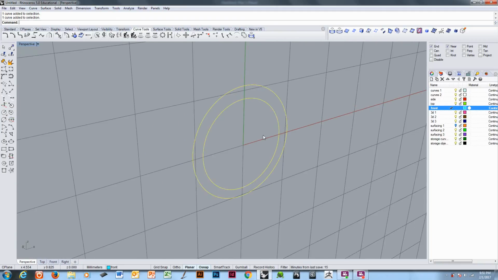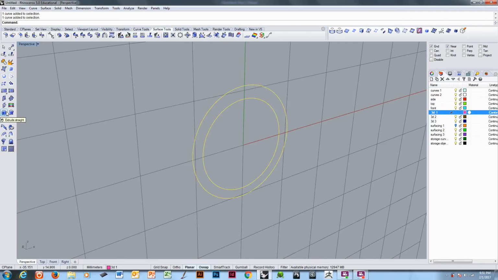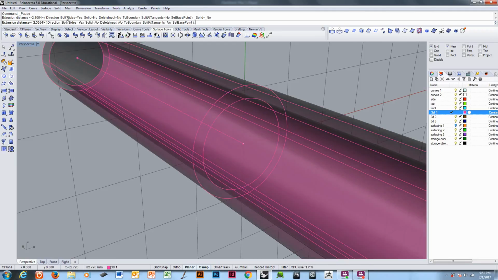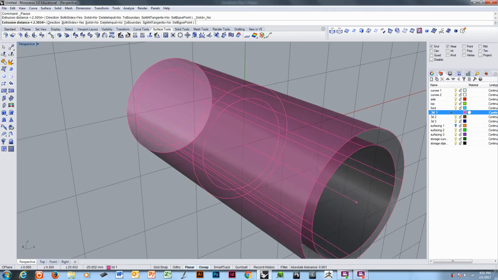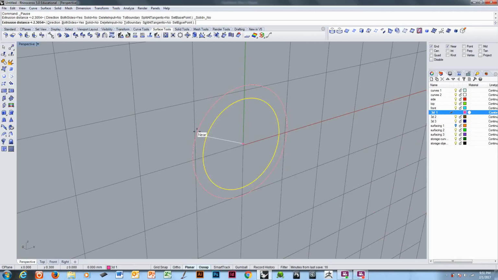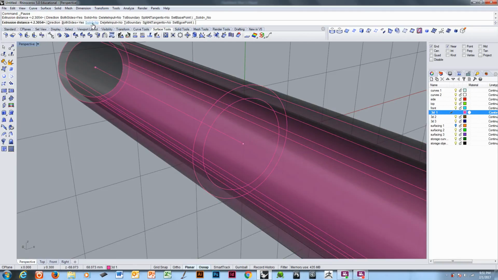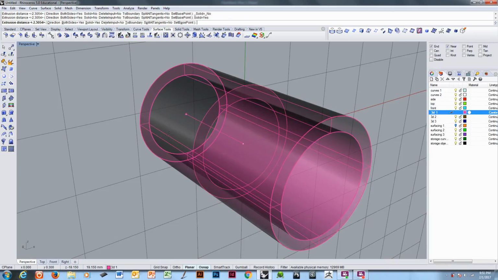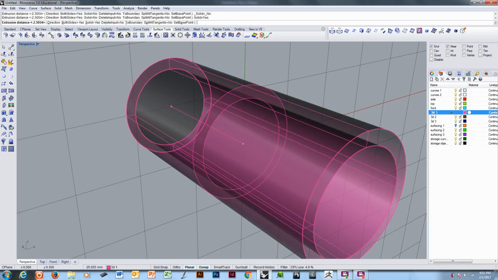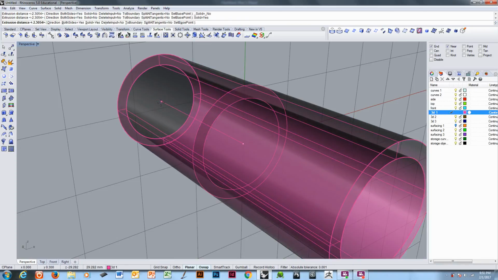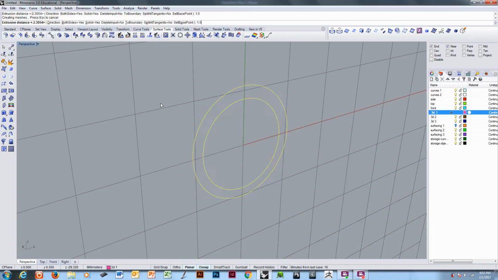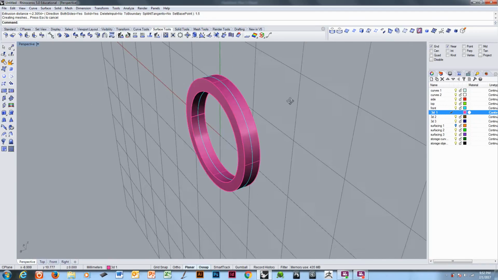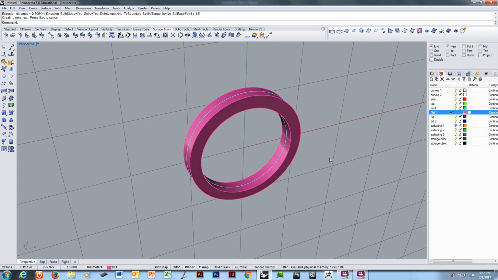I want my ring shank to be 3 millimeters wide. To do that, I'm going to do extrusion, surface tools, extrude straight. I want the both sides option on. It should say yes, but you can also see that it's rubber banding on both sides away from the outline. And solid yes, which will put caps on each end. I don't want to pick a point here, I want to type in a distance, so in the command line I'll type in 1.5. That'll extrude 1.5 millimeters in each direction for a total width of 3 millimeters. That shank is completed